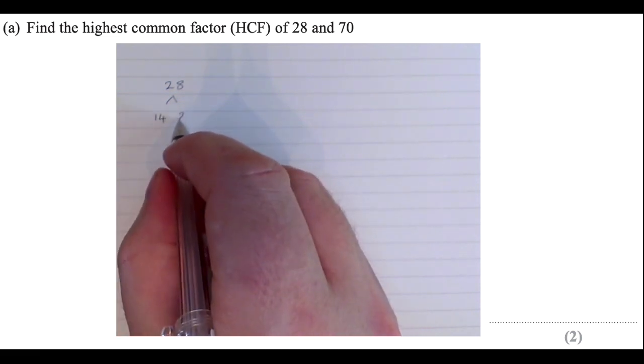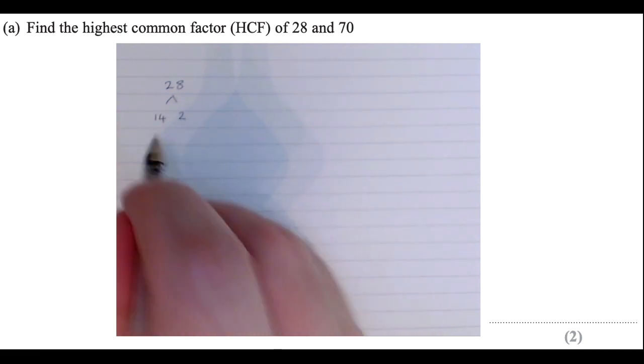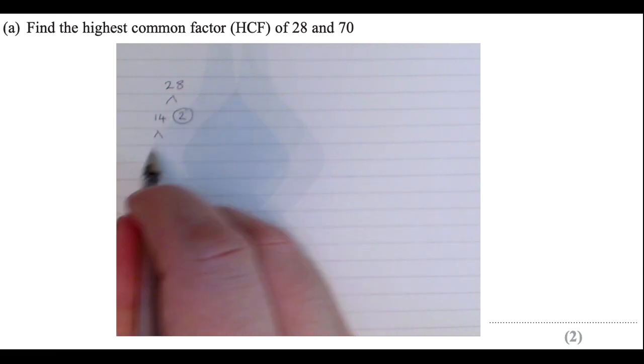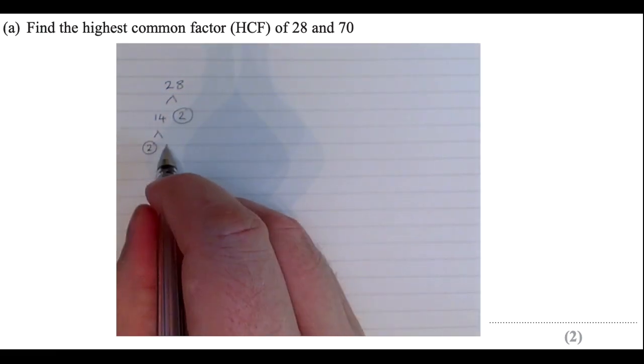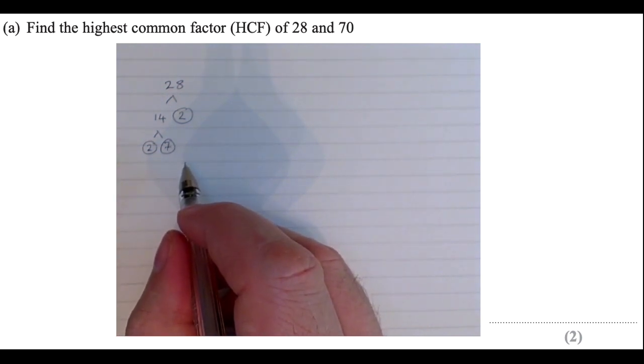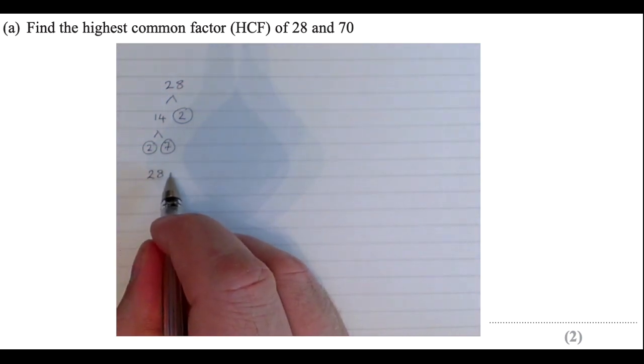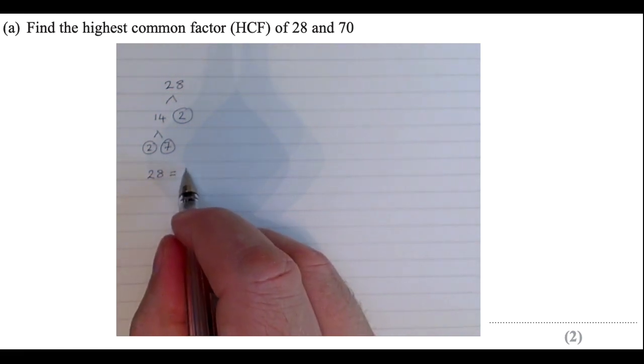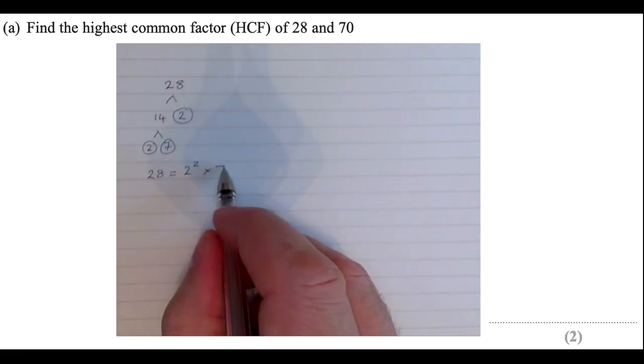So 28, let's break it up into its prime factors. So I'm doing its prime factor tree. 28, half of that is 14, so 14 times by 2 is 28. And I'm going to keep breaking it up into its prime factors. So 28 is the same as 2 times by 2 times by 7, which I can write 2 squared times